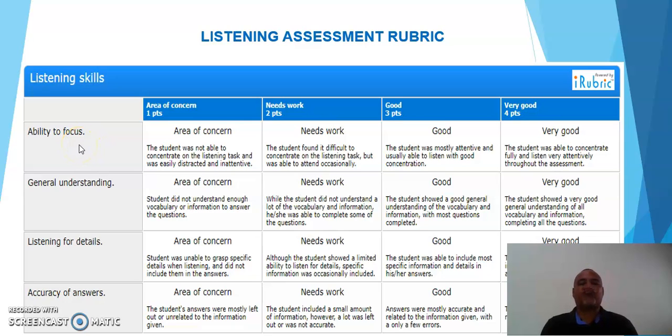Here there are four aspects that I've considered quite good for them to be evaluated: the ability to focus, general understanding, listening for details, and accuracy of answers. As you can see here, there are the ranks and the points, the quantitative part of the process.